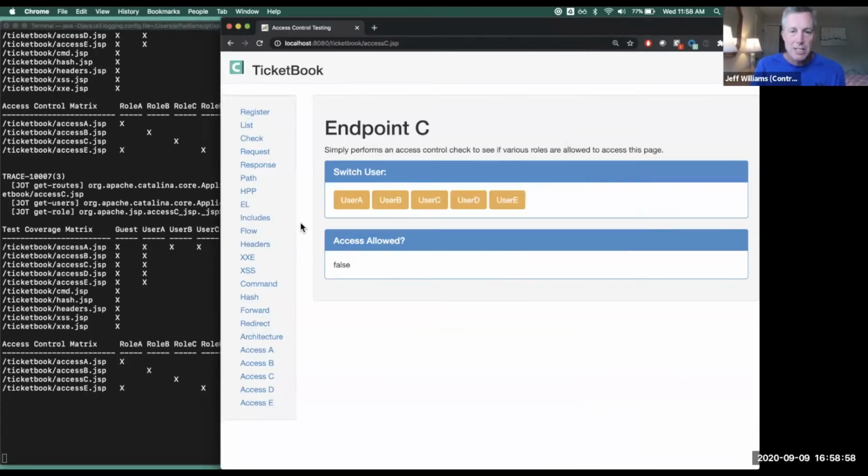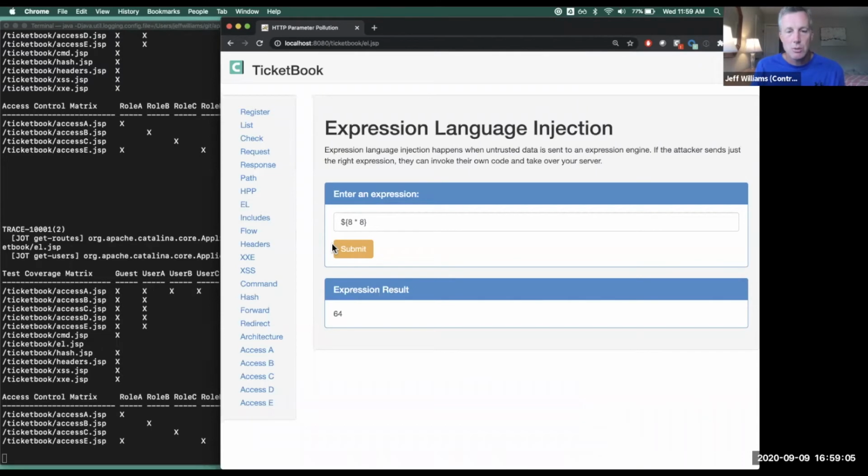So I'm going to show one last demonstration of the power of instrumentation, and I'm going to do an expression language injection vulnerability. Expression language injection is a really powerful, dangerous vulnerability and attack. It's the kind of flaw that Equifax struggled with a couple of years ago. Essentially, it happens when an application accepts an expression and evaluates that expression on the server side. They shouldn't ever really do this, but for a variety of reasons, some pages do.